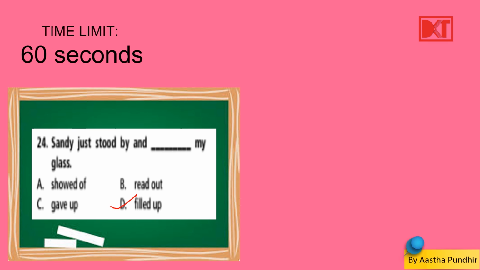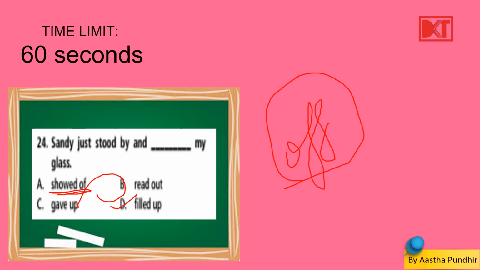Alright, then we have the other phrasal verbs. Like here we have showed off. Now, this showed off is actually with a single F. Okay. Now, when we talk of show off, we talk about it with O-double-F. This show off, this one means exaggerating something or displaying something very proudly, right? Then we have read out, reading something loudly. Gave up means letting something go. Okay.